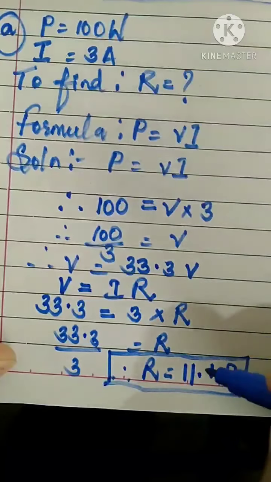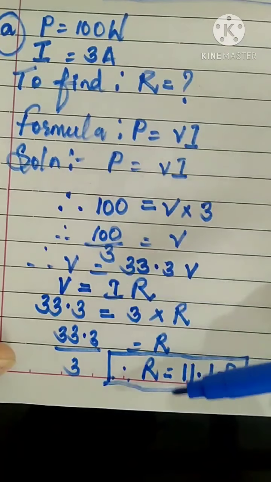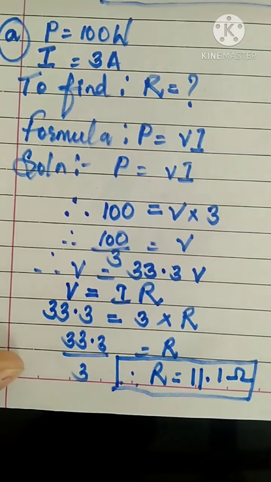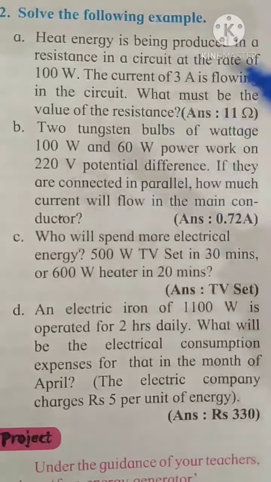Okay, so it's a very simple sum. In your textbook they have rounded it off because it's less than 5, and written it as 11. You don't do all that. You show the manual calculation as you get it. Okay children? Fine. Now we move on to the second sum. The second sum goes this way.